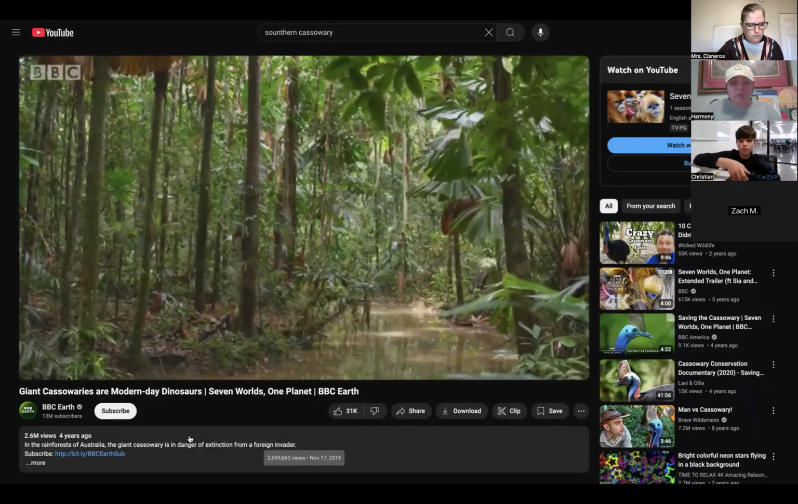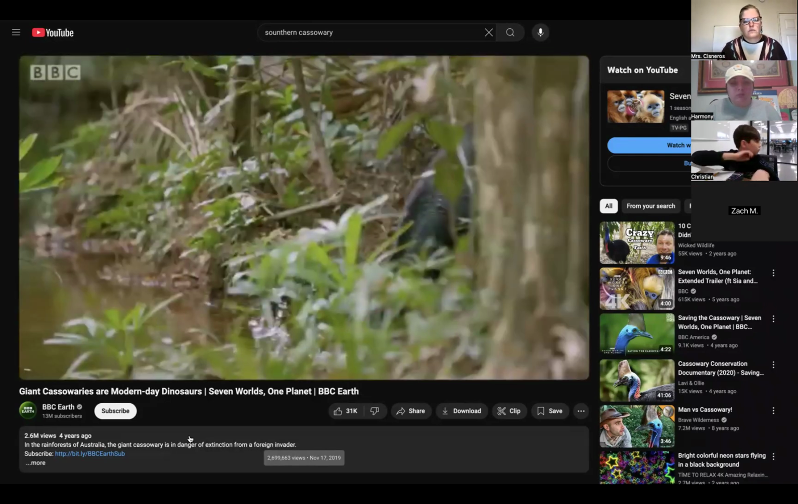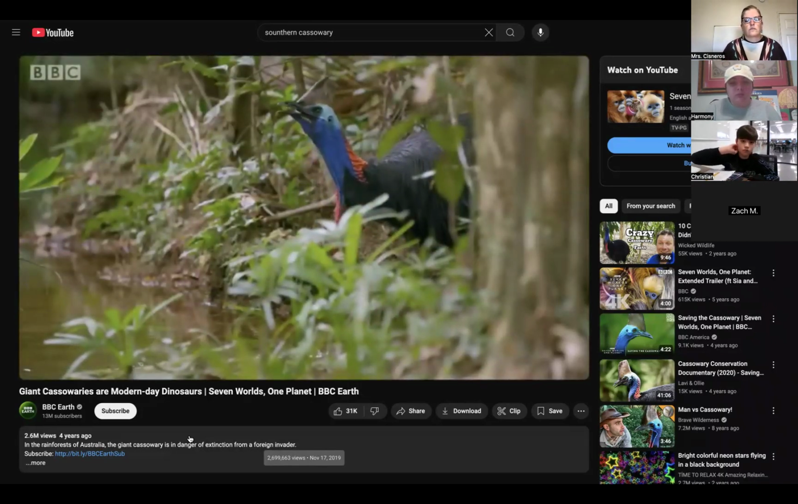In the rainforests of Australia, the giant cassowary is in danger